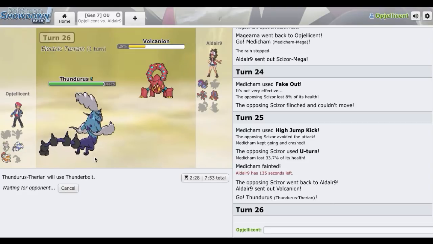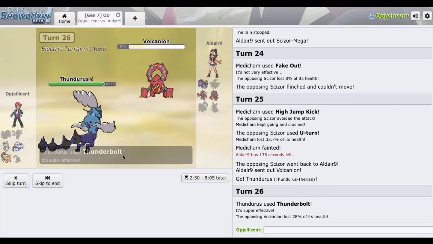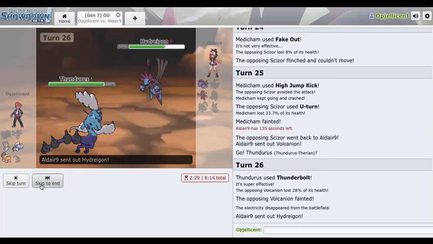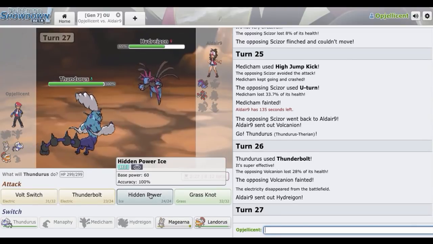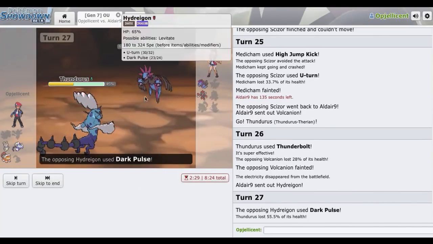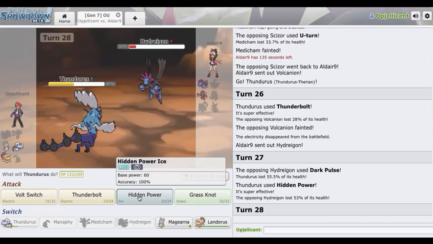We're Flying type, and somebody told me down below in the comments how terrains work finally. So I believe since we're Flying type, we don't get the terrain effect, and therefore our T-Bolts are not boosted by the terrain. Goes Hydreigon right here. I just Hidden Power. He is Scarf, as long as he doesn't flinch me, we go for Hidden Power right there, and...